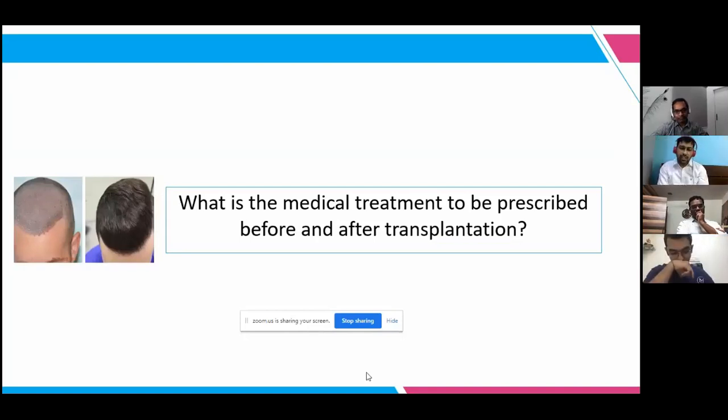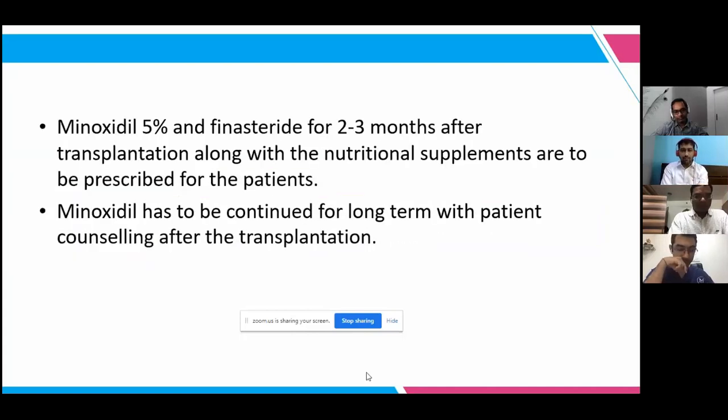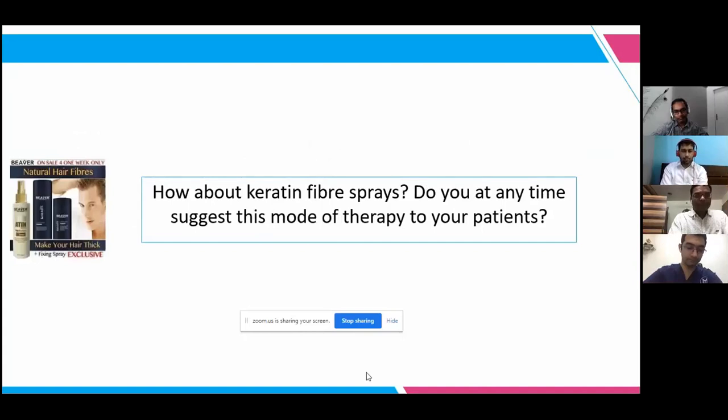It would largely depend upon what stage of alopecia you're treating with surgery. Someone with grade 3 or grade 4 already has a lot of pre-existing hair on the scalp, and it's our prime job to prevent it from falling as well. Otherwise, after 5 to 7 years, they are going to lose that hair and come for a repeat transplant. So they have to continue using minoxidil. Grade 6, probably 7, really does not benefit from minoxidil, so they are just happy doing the surgery.